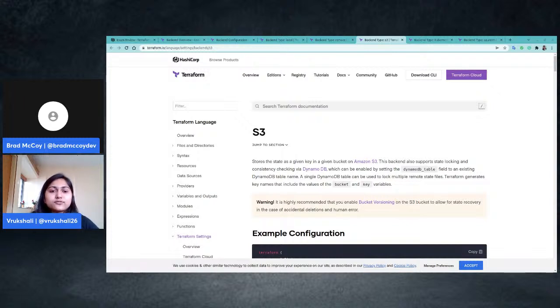But first, let's talk about state locking. So what is state locking? Suppose I change something here. Let me change this to t2.micro. This is the instance type. Okay. So since I have made the change,